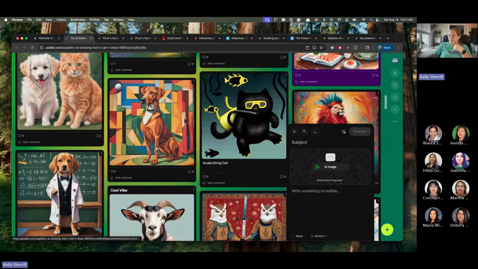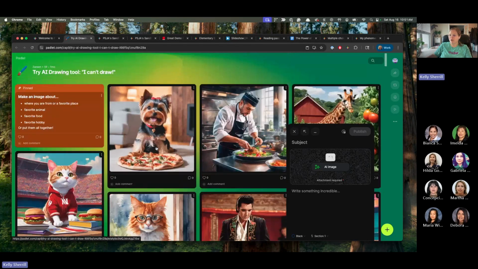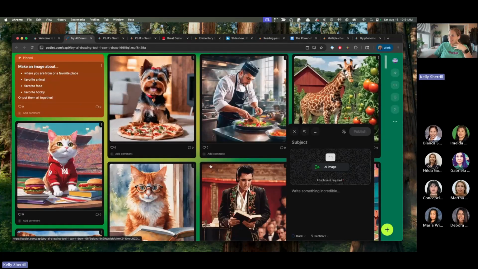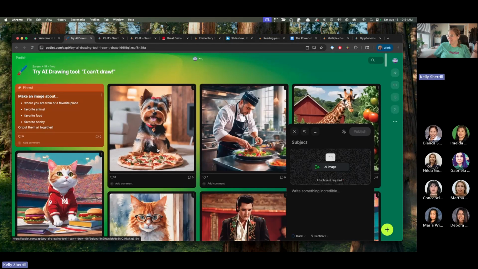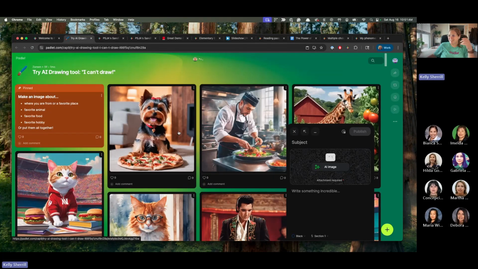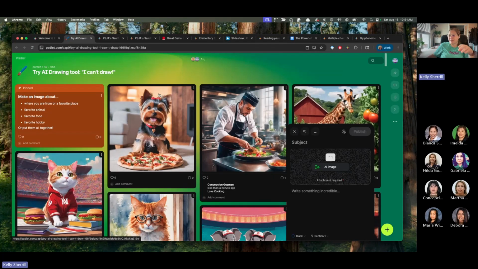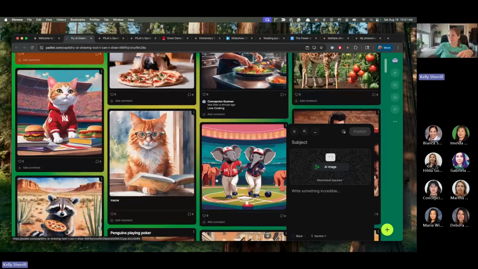Feel free to hop into this Padlet and add your own. Oh my goodness, I think I see some that just added in, dog with pizza. Love it. My pup's sleeping in the background, I don't know if you can catch that, but we have a chef in the kitchen. Beautiful. Awesome. So if you're thinking, hey, Kelly, this is cool,